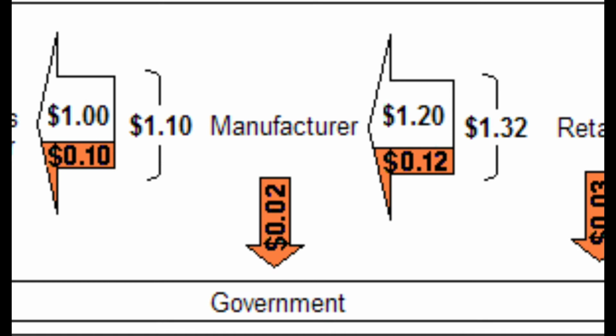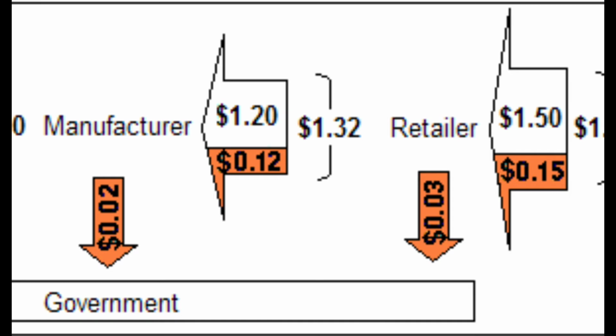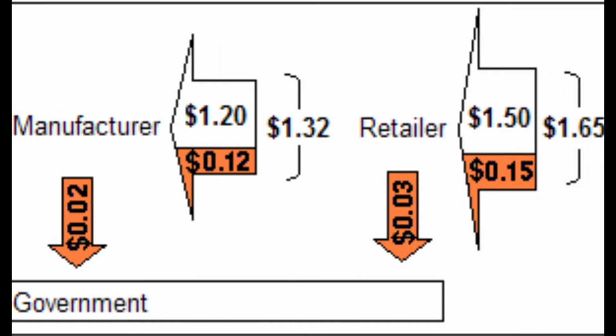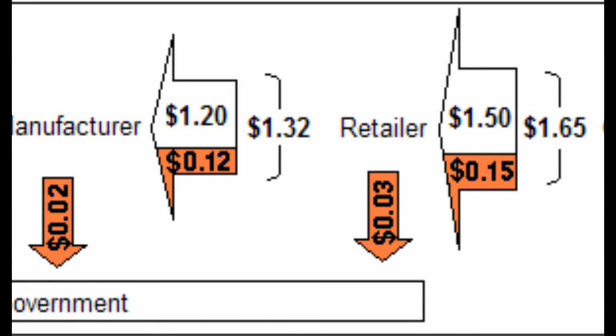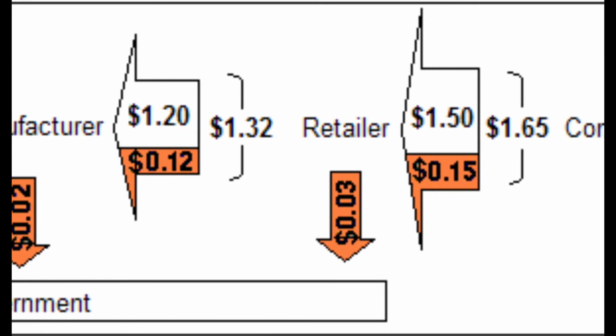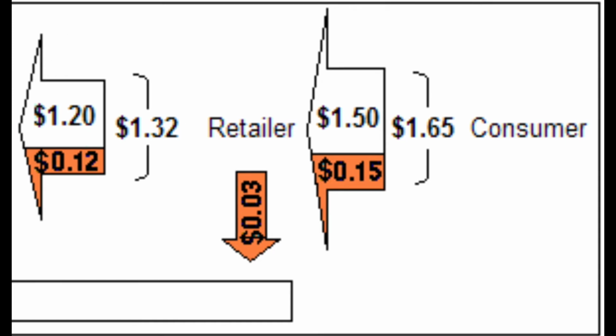So this is the tax which the manufacturer will deposit to the government treasury, because he had already paid sales tax of $0.1. Now that the manufacturer sold the goods to the retailer for $1.32, the retailer will of course incur some expenses, and he will keep a profit margin for himself, and he will sell the goods to the end consumers for $1.5. But here again the retailer will charge sales tax at the rate of 10%. So 10% of $1.5 is $0.15. So ultimately the consumer will have to pay 1.5 plus 0.15 equal to $1.65.